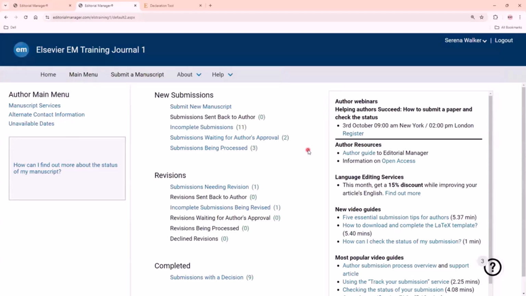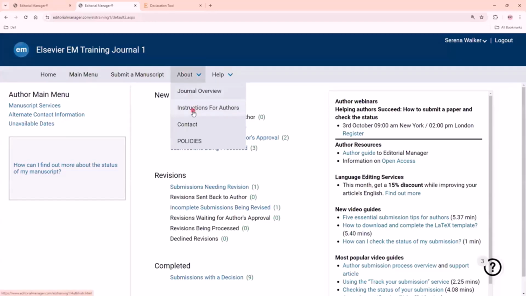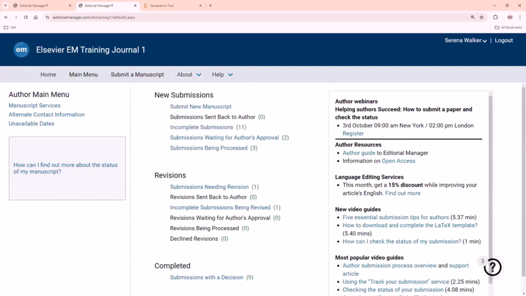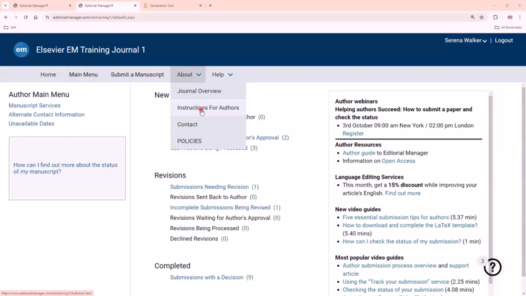To submit a manuscript, the first requirement expected of the author is to make sure that you check the instructions for authors. You will find it in the About drop-down, instructions for authors right here. This is nothing but the guide for authors, where you will have guidelines on the manuscript word counts, file requirements, and other important information that is required for your submission. So it is extremely important for you to familiarize yourself with the journal before you start preparing the manuscript.